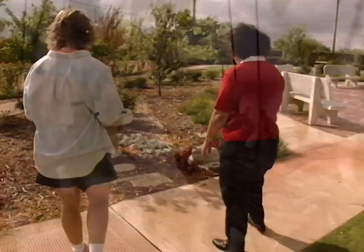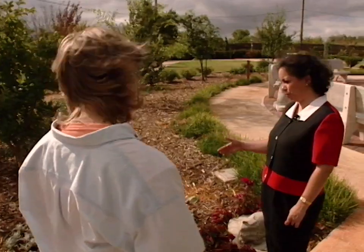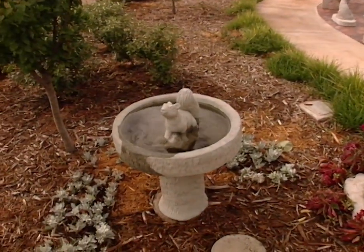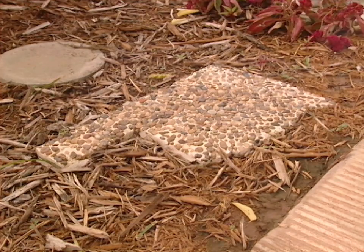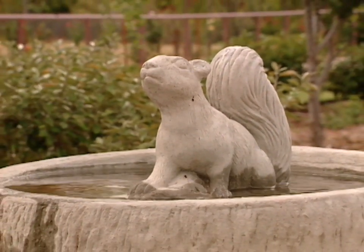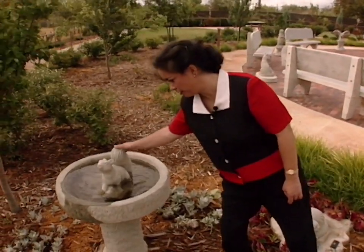Some other things we have in our sensory garden is water in our bird bath to draw the birds, as well as bird feeders. And we have Dusty Miller around them. And one of the things that I liked were the Oklahoma stepping stones, so that you could step over to the bird bath and touch the water, and the squirrel inside of it if you wanted to, which is again a very tactile